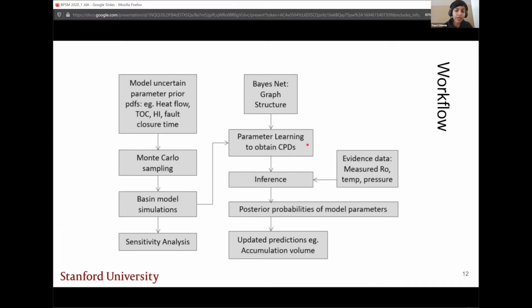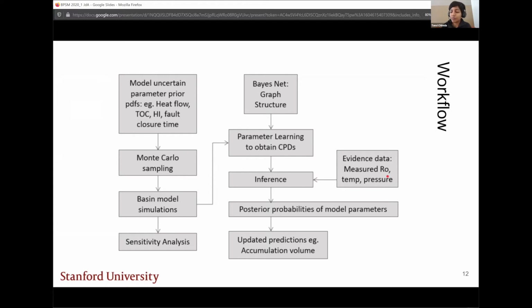So here's the workflow. We start with Monte Carlo sampling of the prior distributions of our uncertain parameters. We use the Bayesian network graph structure to learn the conditional probability distributions. Sorry, I should have mentioned what this stands for. And then we use evidence data, in which case I used data from 22 distinct wells, which was publicly available